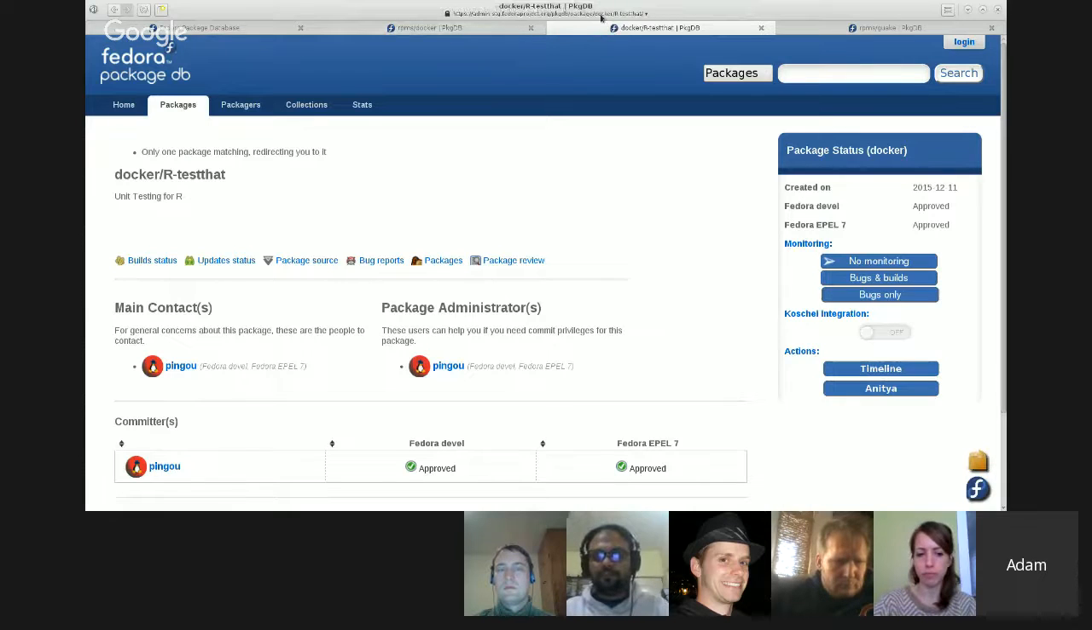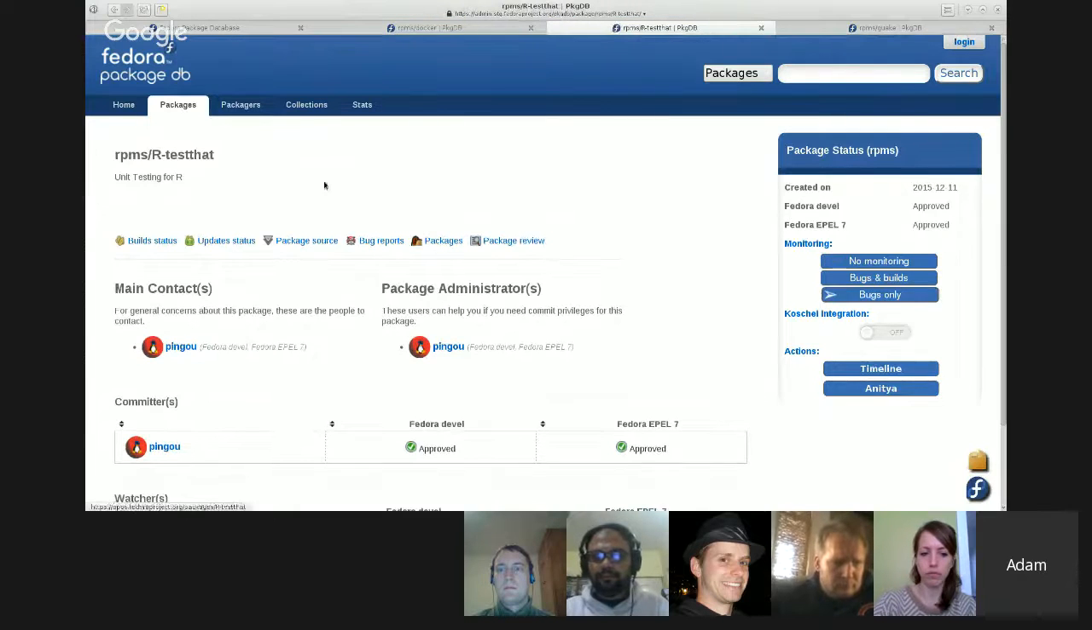And there's also a RPMs R test that, and this is just kind of to show that we can actually duplicate naming between the two because there is a difference in structure. And then